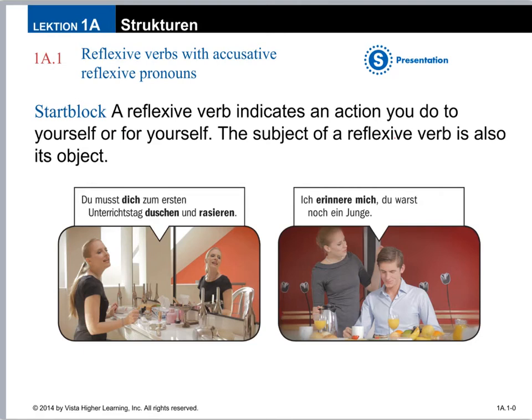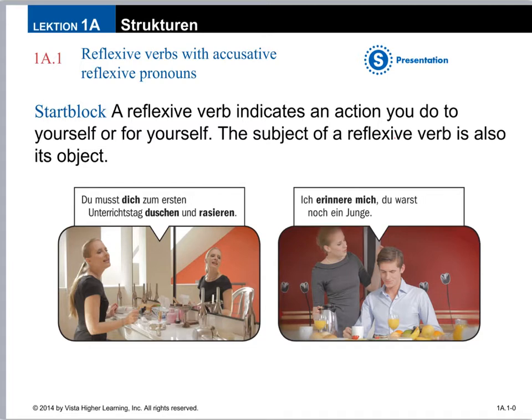Guten Tag, Klasse. Heute we're going to be looking at reflexive verbs with accusative reflexive pronouns. And you have several of these verbs on your vocab list this chapter, such as sich schminken, sich rasieren, sich anziehen, sich die Haare bürsten, sich die Zähne putzen. Any of these verbs that have sich in front of them are reflexive verbs, and we need to learn what